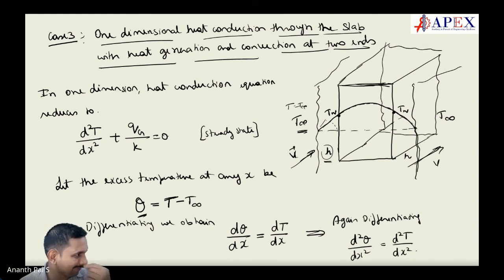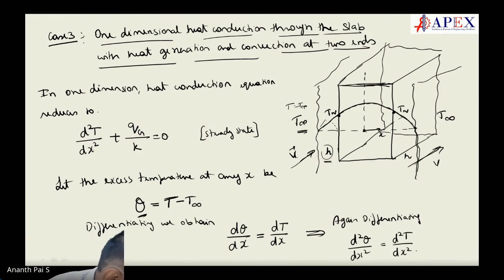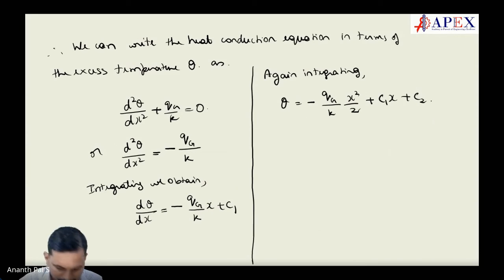Now let us put the coordinate system such a way that this is x. Okay, from here we are starting. This is 0x. If you are starting x from this point, there is no y or anything. It's only x because we are talking about one dimensional heat equation, right? So now if that is the case, the boundary conditions are